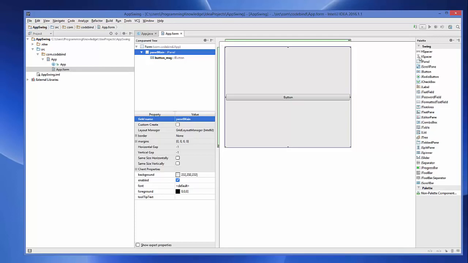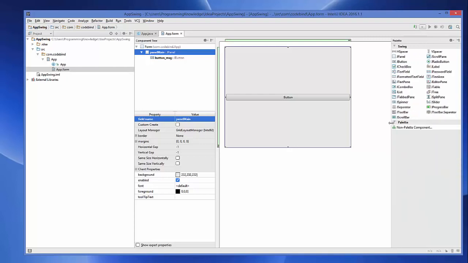First of all, I want to explain something about this palette. From this palette you can see there are so many components, like JPanel, buttons, JTextFields, text pane, combo box, list, and everything else which it supports. Whatever component you want from here, you just need to drag and drop it here, and then you need to give a listener to